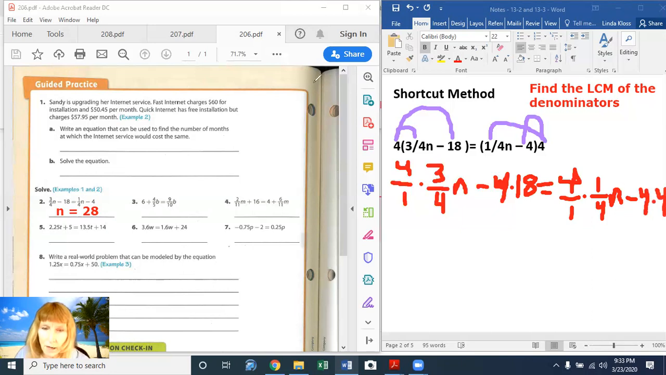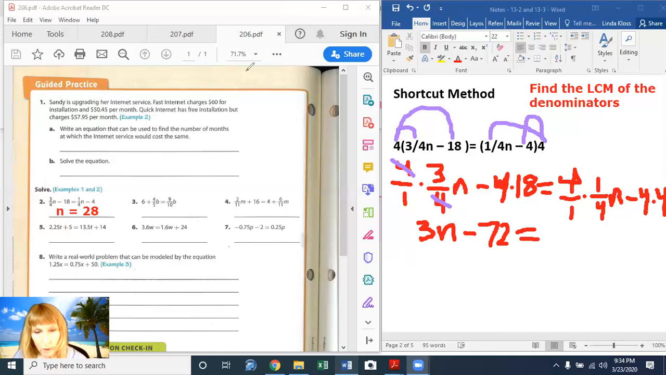4 times 4. Now, if you notice, I'm going to change colors. If you notice, the 4s will cancel out, leaving me with, back to a different color, a 3 on top and a 1 on the bottom. So any number over 1 is just the number. So I'm going to just say 3n minus 4 times 18. So what's 4 times 18? Should be, if you want to do the math, I did it ahead of time, 72. Yes. Equals,